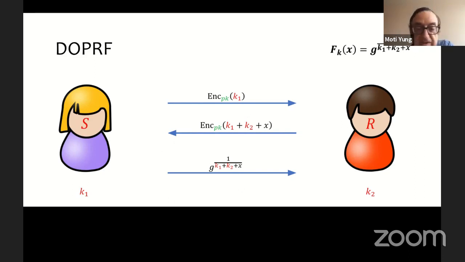Of course, doing it directly reveals too much to S, so we have to do something.